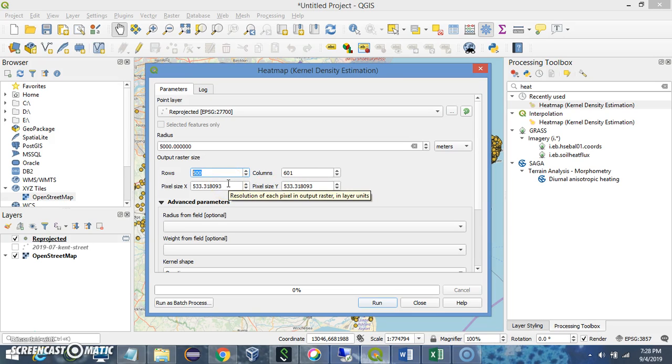Just a quick FYI, the output raster is going to be a pixel image created by QGIS just by looking at how dense the points are going to be around each pixel. I have it over here. I would like the pixel size to be somewhere around 50 maybe, and that will again update the number